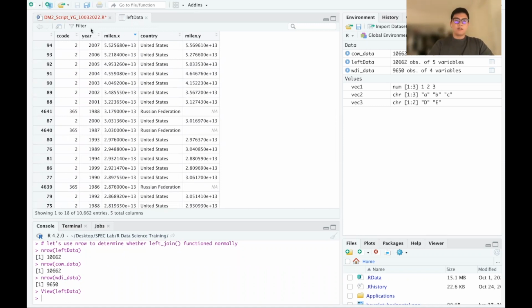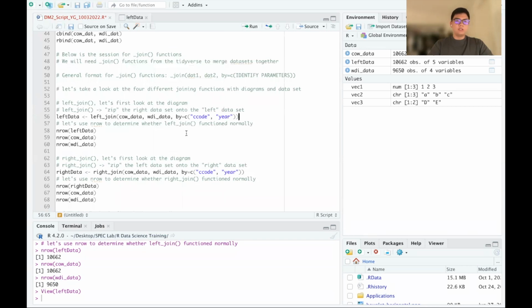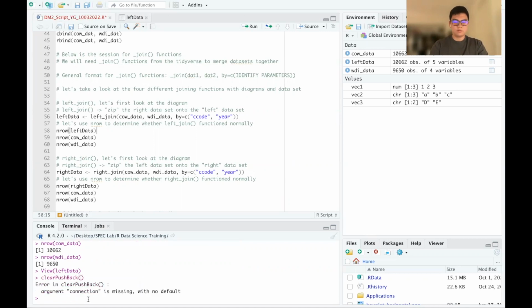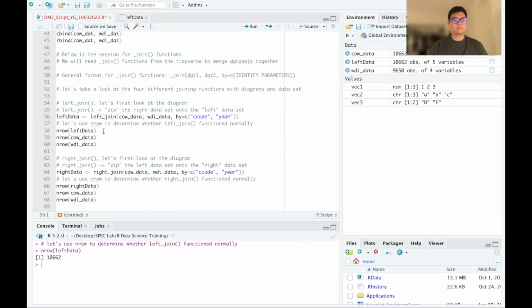However, I think it's even better for us to see the number of rows to confirm that left join actually zips the right dataset onto the left dataset, while keeping everything from the left dataset. So here, let's first call the nrow function on left data to see how many rows we have in the new dataset we just created. Let me clear my kernel. Okay, so let's call the nrow function on left data. As we can see, the new dataset, left data, has